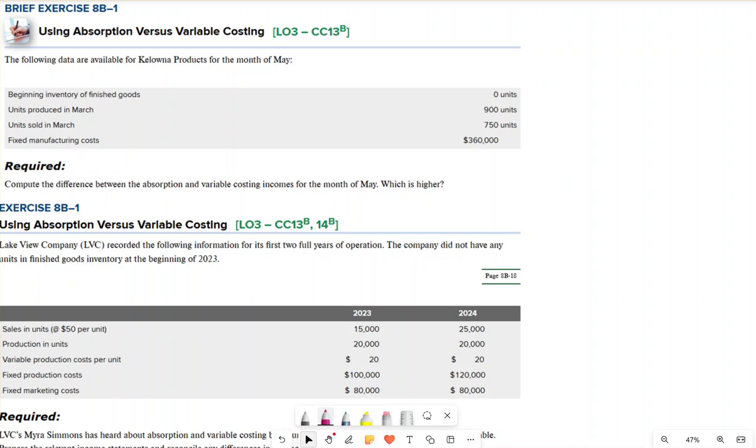We're going to cover this appendix through the two exercises that I have. One is a brief exercise and the other one is an exercise. We're going to do both of them and learn the material through the exercises. Again, this is Chapter